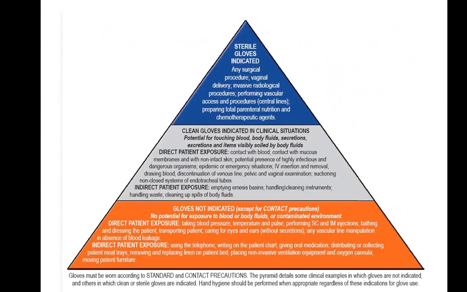I think this is a particularly useful pyramid for decision making that was developed by the World Health Organization. So it goes through what WHO recommends for sterile glove indications, so vascular access procedures, central lines, TPN, chemotherapeutic agents, and then when you can use clean gloves, direct patient exposures, indirect patient exposures, so providing a barrier there really for you and stopping you from becoming soiled or having inadvertent contact with any body fluids, and then gloves not